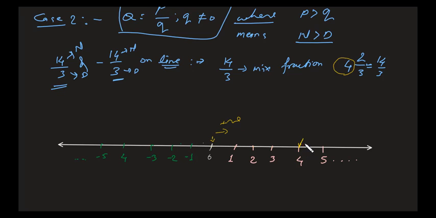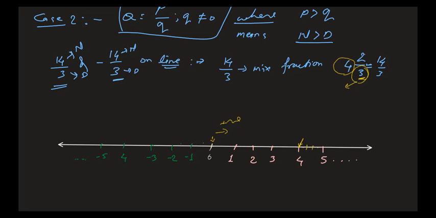Okay, you mark here, and from this 4 to 5 you must divide into how many equal parts? These 3 equal parts. This 3 is the representation of dividing the total number of parts between the successive numbers, this 4 and 5, or you can say the corresponding point. So between these 4 and 5 you must take 3 equal parts. So this 1, this 2 and these 3 equal parts.